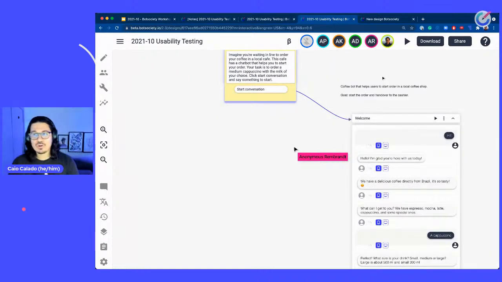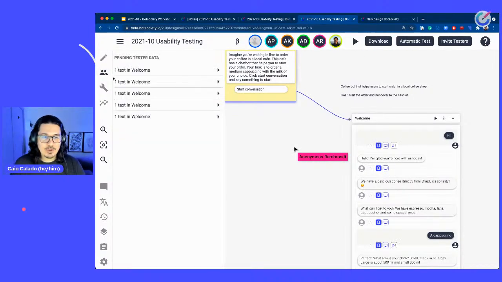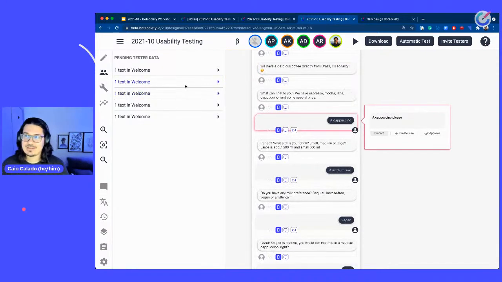once you finish doing this test with one user or many other users, you can just go back here to the prototype mode. And here you're going to see this painting tester data, which are basically the testers' data, or the testing that you just did with your users. These are organic data. These are what the people said to your chatbot, and you can use this to add it to your design